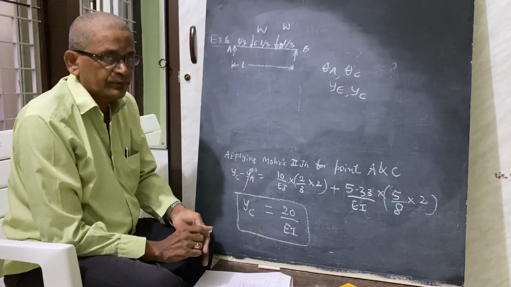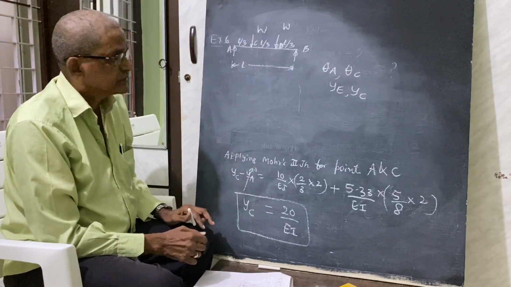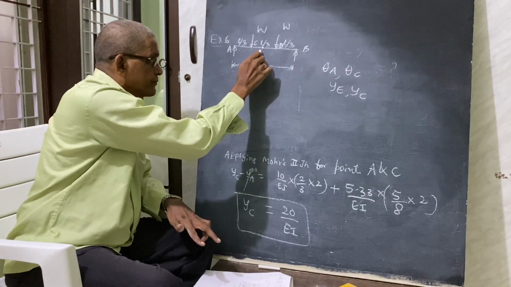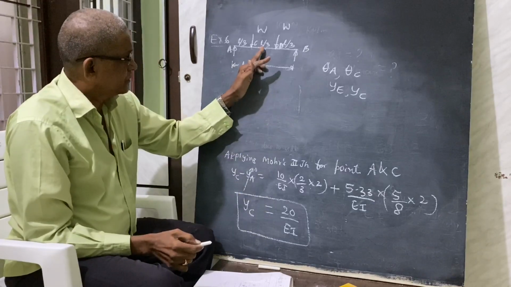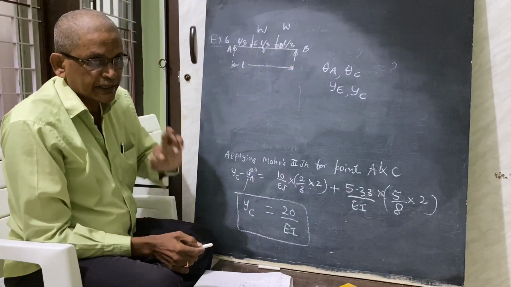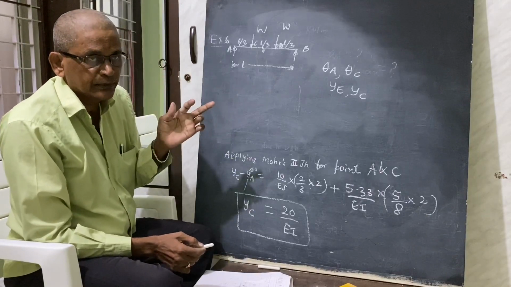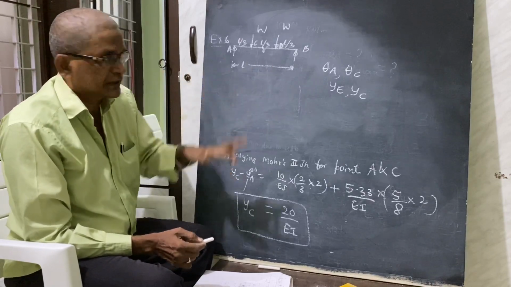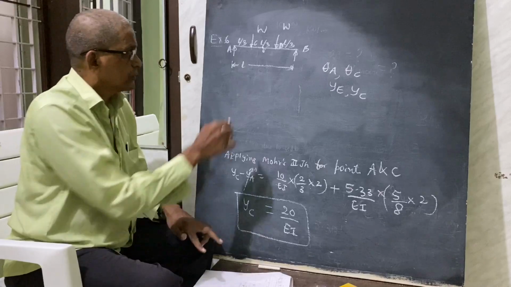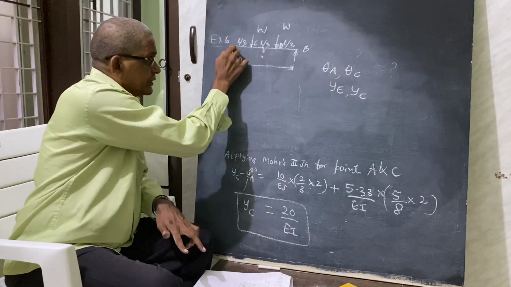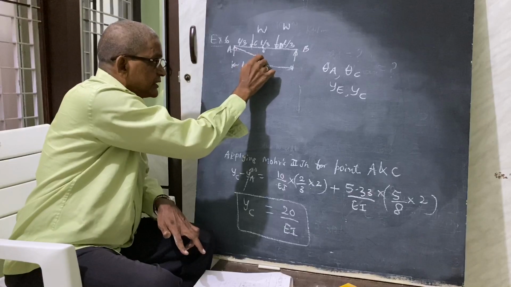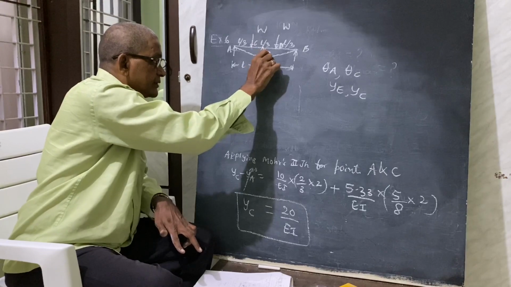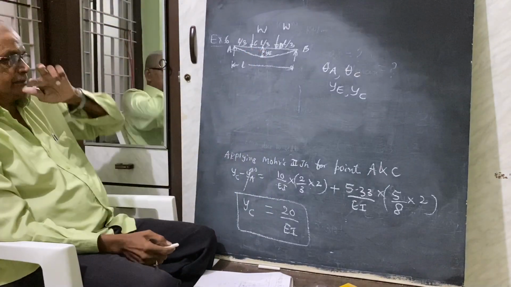Is this a symmetrical beam or not? It is a symmetrical beam because if you take the center of the beam, let us say this point is E, whatever is there to the left, the same thing is there to the right. End conditions are same, loading conditions are same, hence it is symmetrical. If the simply supported beam is symmetrical, then Ymax will occur at the center only. So this will be the deflection curve or the elastic curve. So this is called YE.